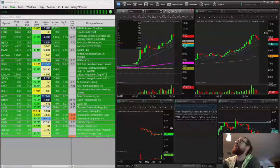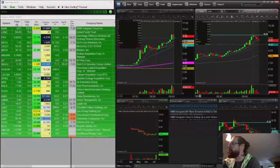I think that it could have some more potential in it, but it is now pulling back a little bit off the high of 9.25. So captured a little profit. I thought it might squeeze up a little bit more than it did, but you know, I'll take what I've gotten and look for